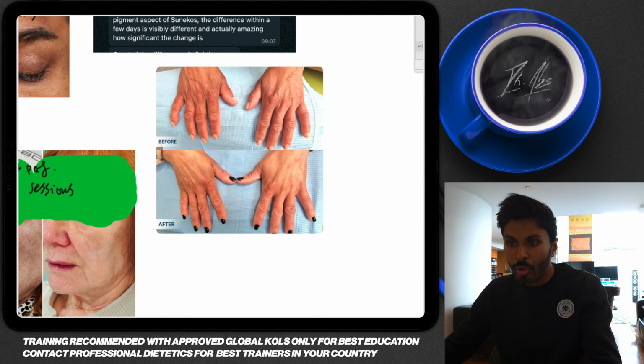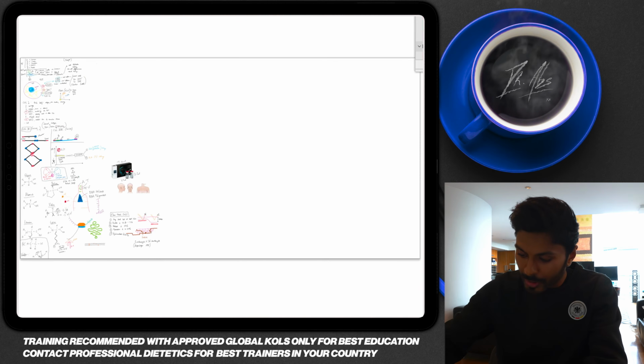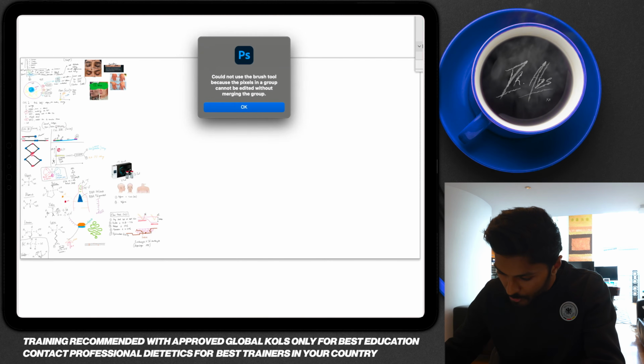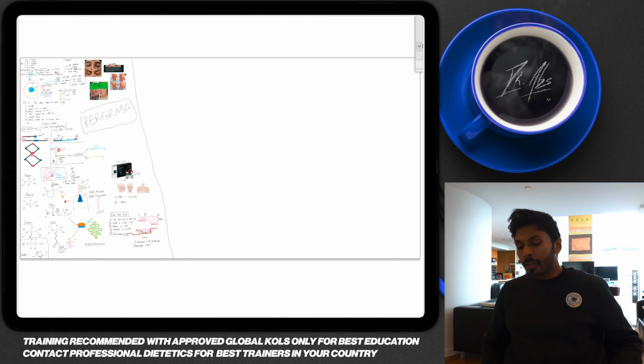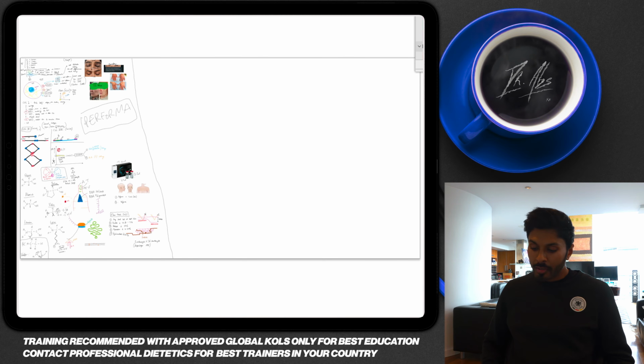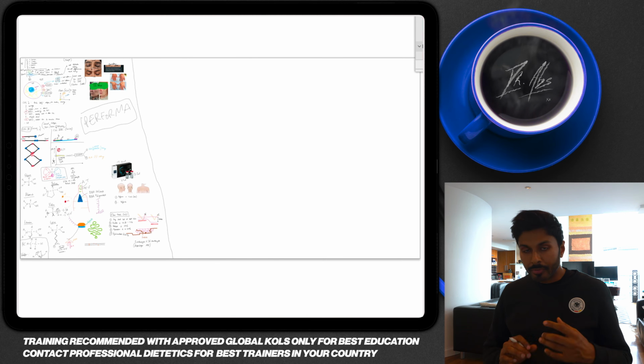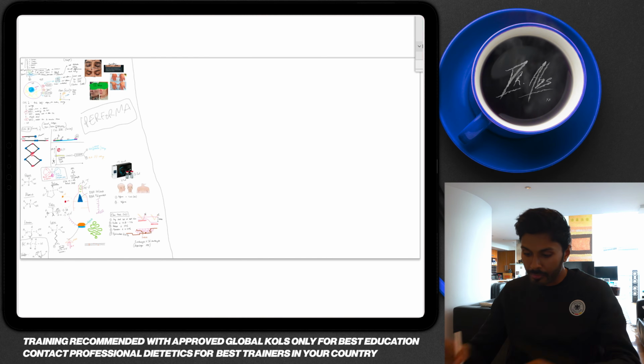Now, all of that, let's zoom out for a second. I'm just going to draw a line. That is Performer. All the theory that I've just explained to you is applicable in other types of the Sunekos injectable line that I'm going to show you now as well. However, there are different indications. So we also have